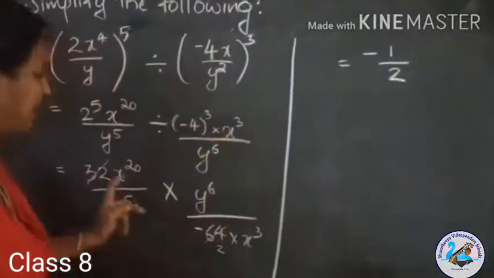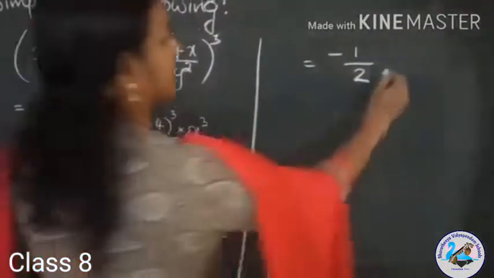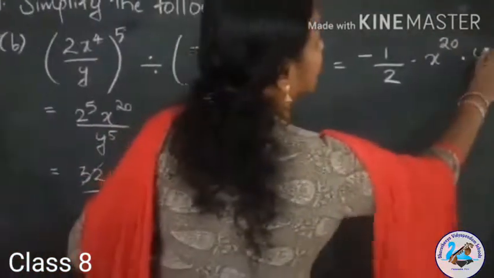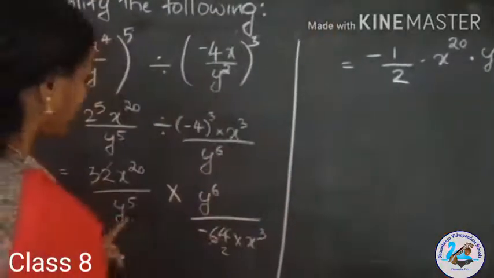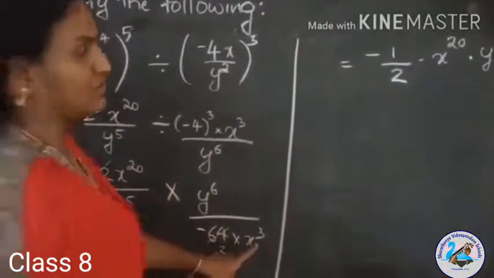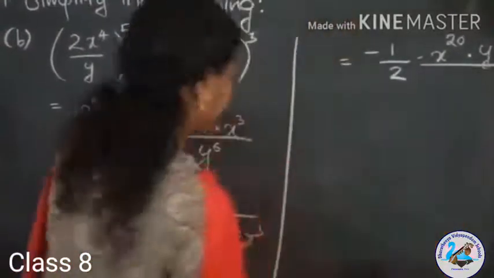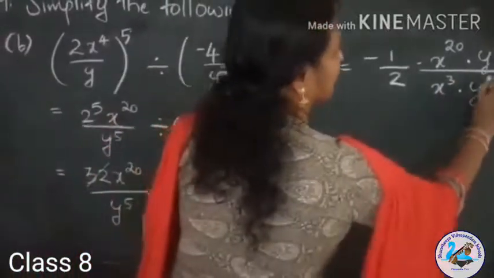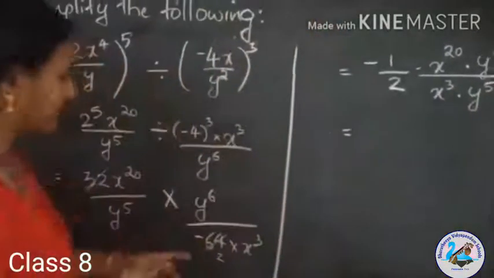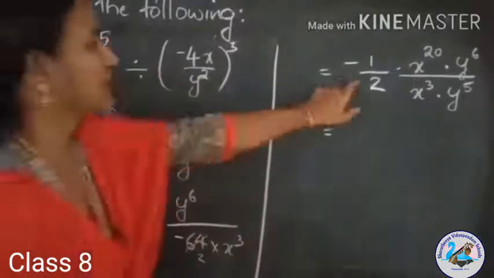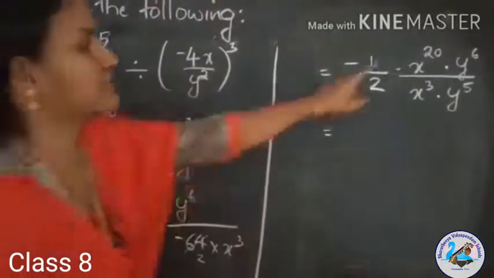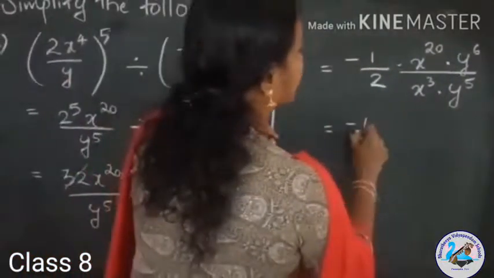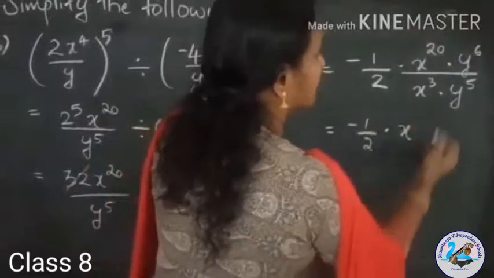So put minus 1 by 2 into x raised to 20 into y raised to 6 divided by y raised to 5 into x cube. So you have to write x cube into y raised to 5, is equal to once again minus 1 by 2 into x raised to 20 into y raised to 6 divided by x cube into y raised to 5, is equal to minus 1 by 2 into x raised to